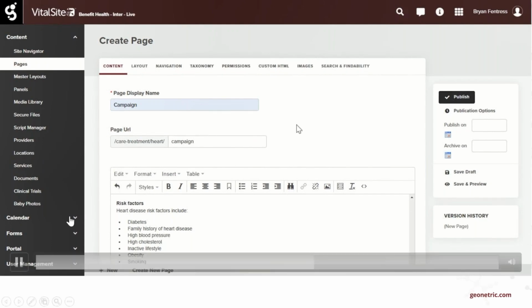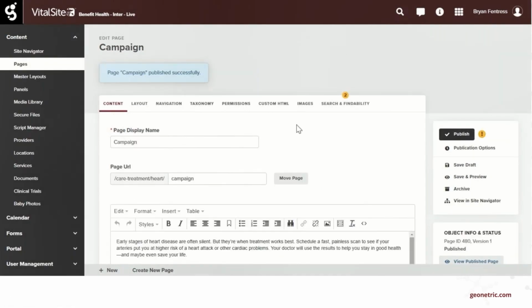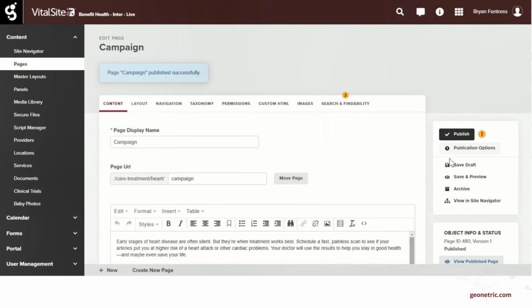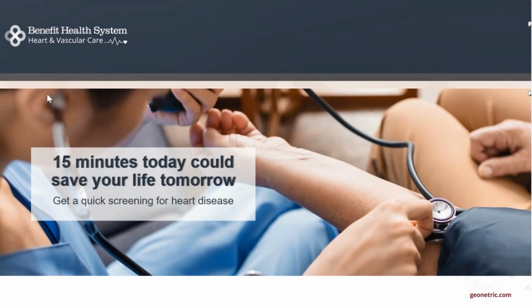We're going to go ahead and publish it, and we'll see what that, oh, and it identifies the search and findability, which is nice because it's saying, hey, you might want to update your HTML page title and meta description before you do this. So you have that opportunity, you just go ahead and do that. But today, we're kind of in a hurry, so we're just going to go ahead and view that published page,